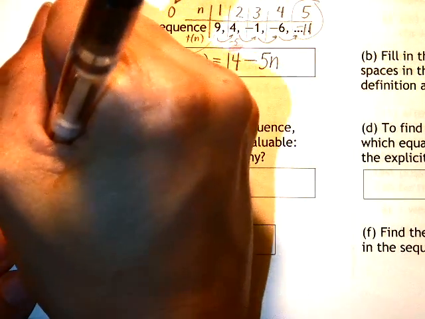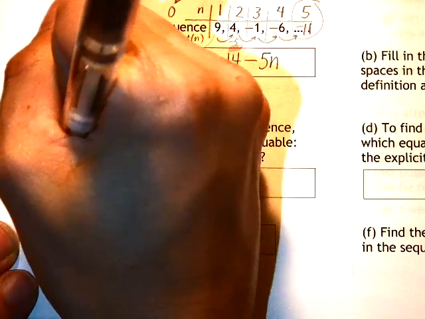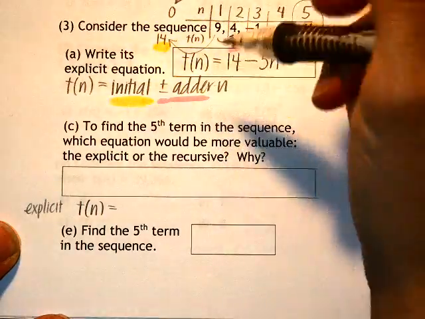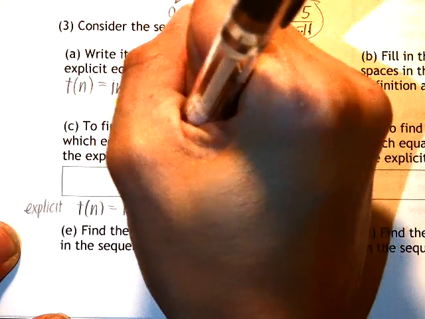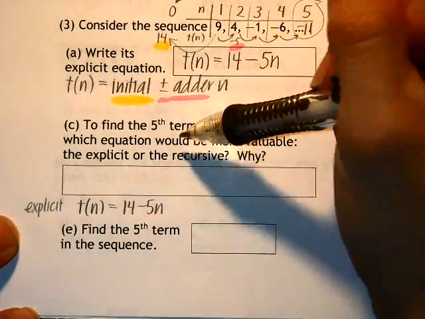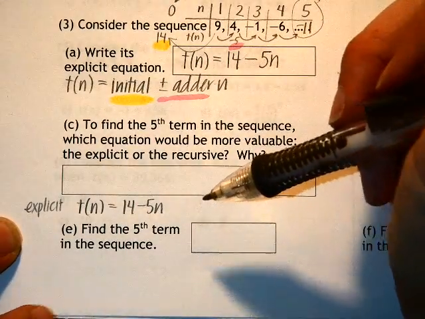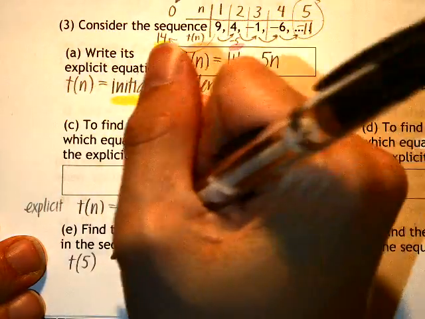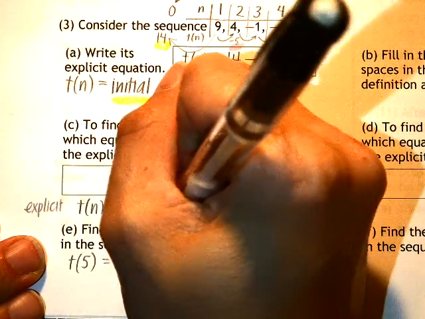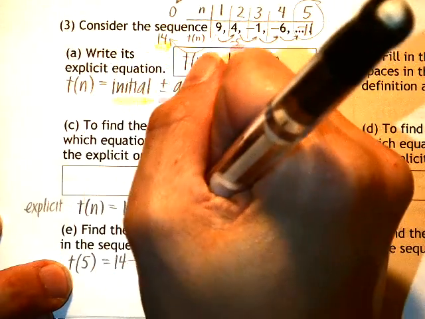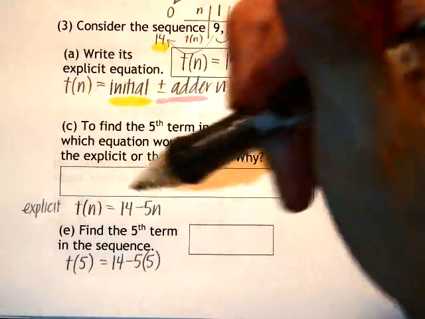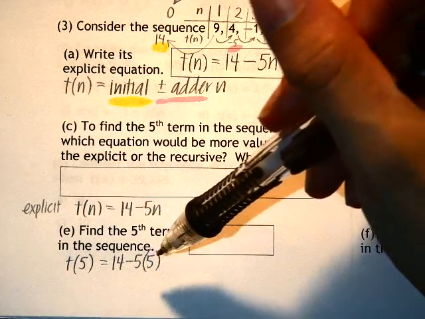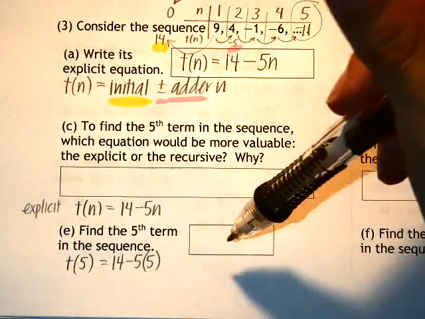Now, as a reminder, an explicit equation would look like T of n equals, and I'm copying the equation from part A, 14 minus 5n. So if I was doing part E, which really is to find the fifth term, I would say T of 5, because fifth term, equals 14 minus 5 times 5, because n is the term number that you want. You want term number 5. So you would do the math. You would figure out what 5 times 5 is, and then do 14 minus that,